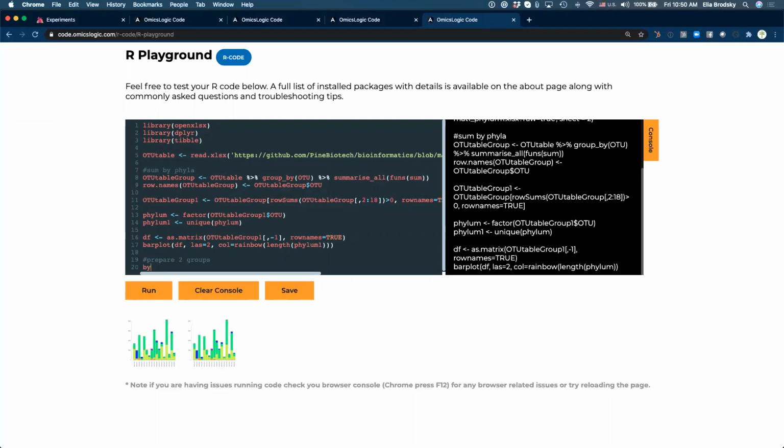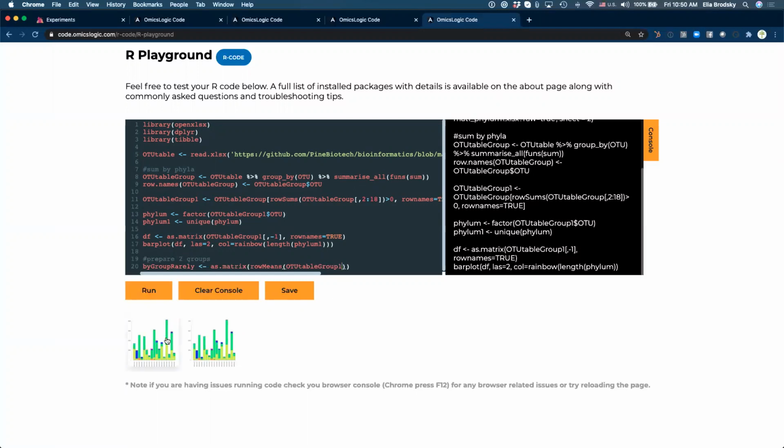So let's make one group by group rarely, the exercise rarely. And we'll say as matrix, and we will take row means, right? Because we want to take the mean of all of our phyla between samples, and we'll take OTU table group 1.